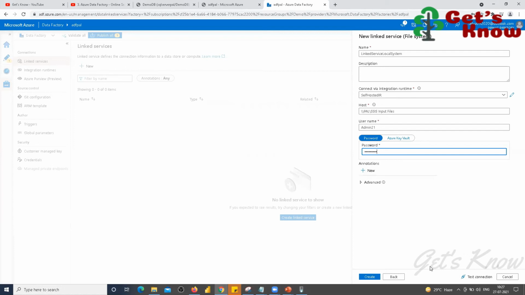Okay, so I'm checking whether this connection is working by clicking test connection. It is not working. Why is it not working? We have to check it. Maybe the username and password might be different. Then test connection.